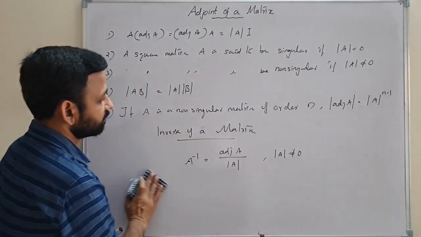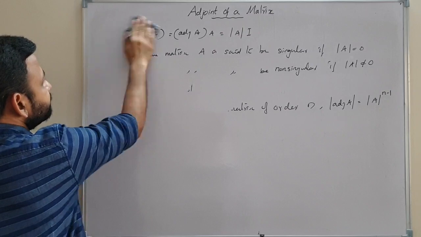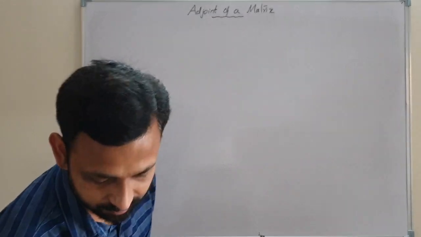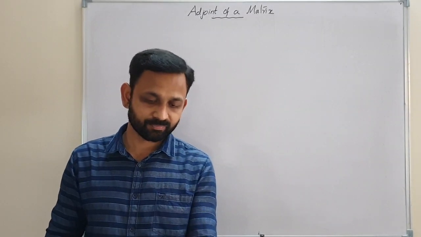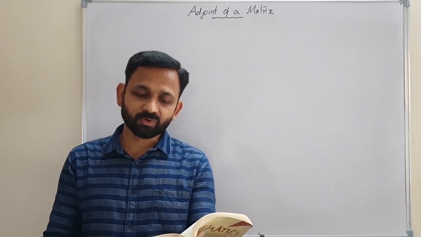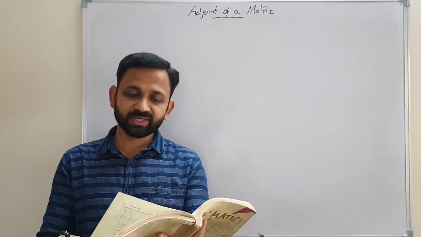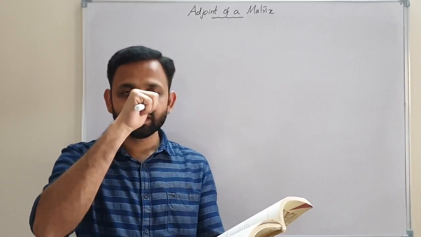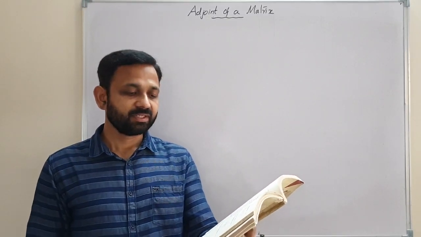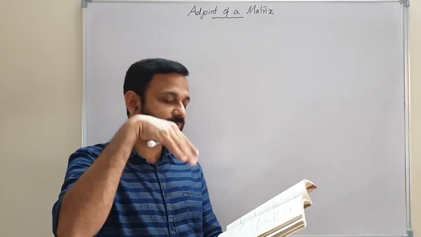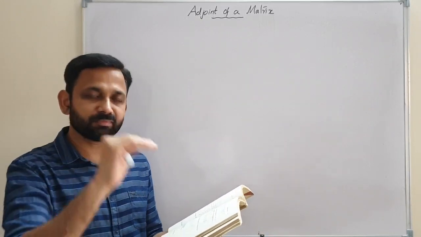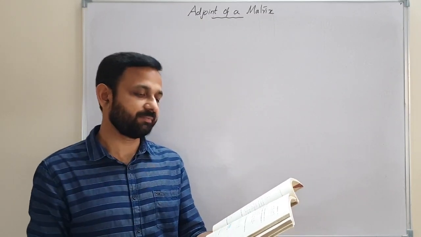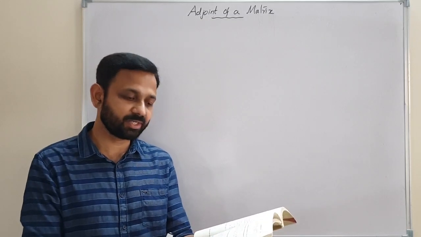Now we are going to do some questions from the exercise. Exercise 4.5. Find the adjoint of each of the matrices in exercise 1 and 2. I already explained one question, how to find adjoint of A. So the same way, first we will find the cofactors of all the elements. Then we need to form the matrix. Then you just find the transpose of that matrix, that will be adjoint A. So we can easily do question number 1 and 2.